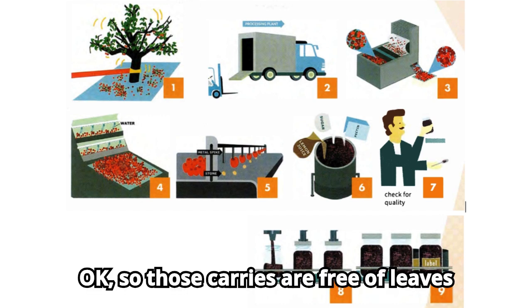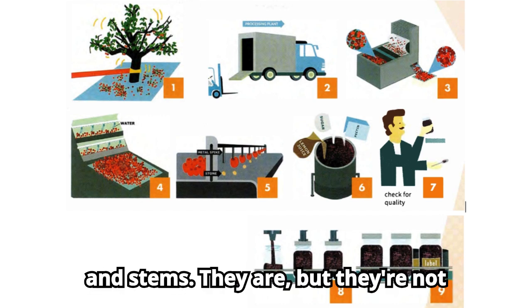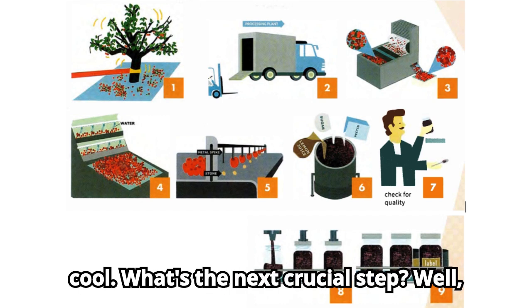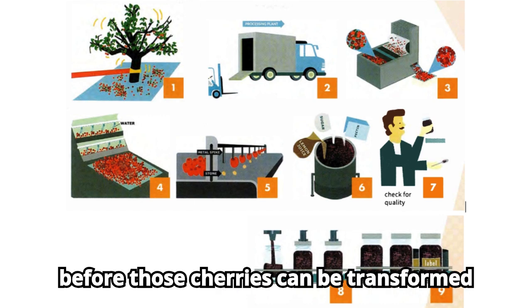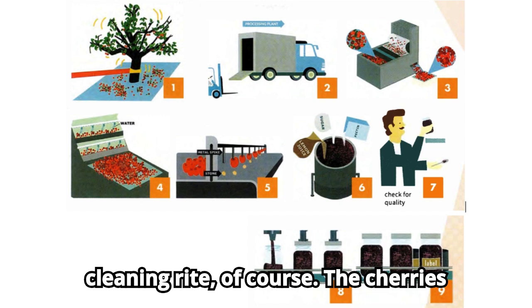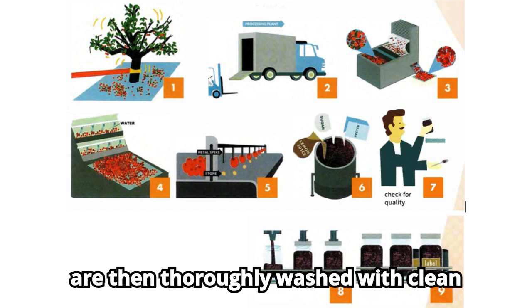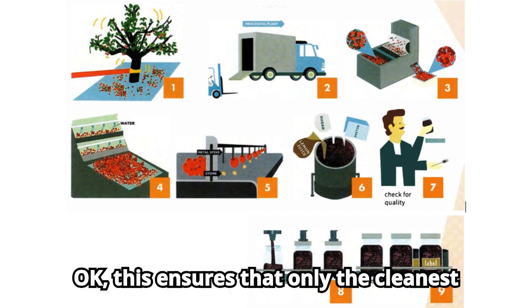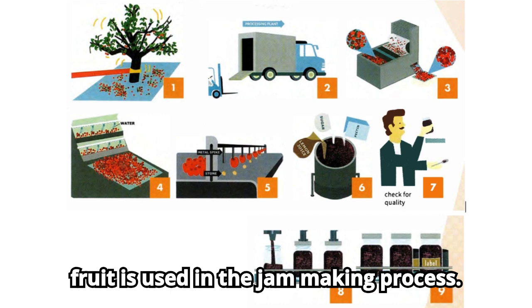So those cherries are free of leaves and stems, but they're not quite ready for jam making just yet. What's the next crucial step? Well, before those cherries can be transformed into delicious jam, they need a good cleaning. The cherries are then thoroughly washed with clean water to remove any dirt or debris. This ensures that only the cleanest fruit is used in the jam-making